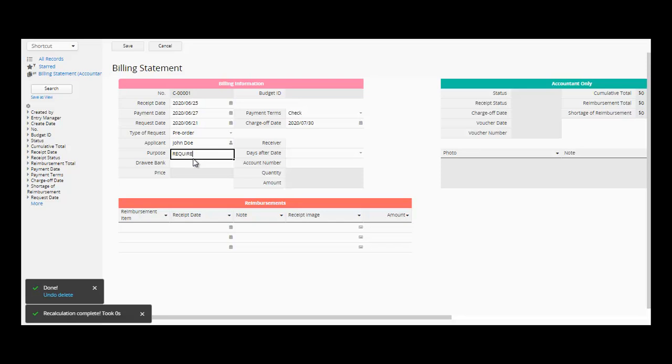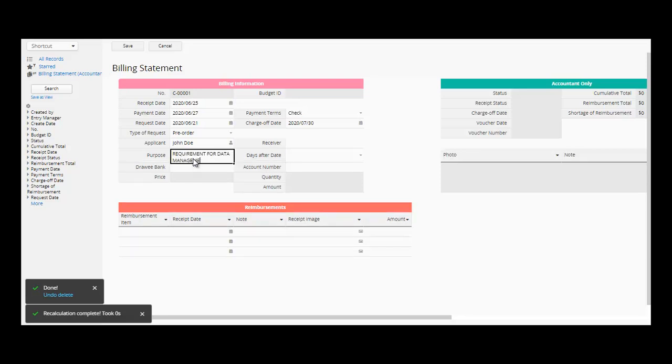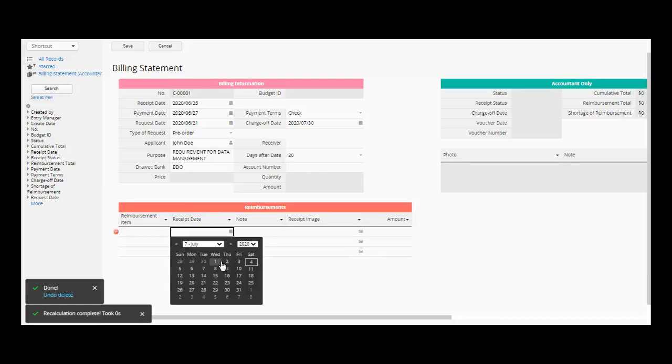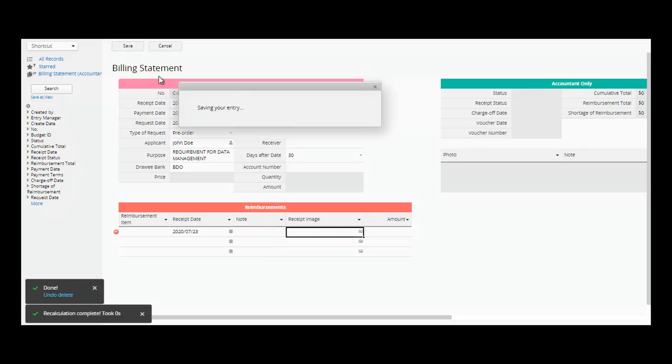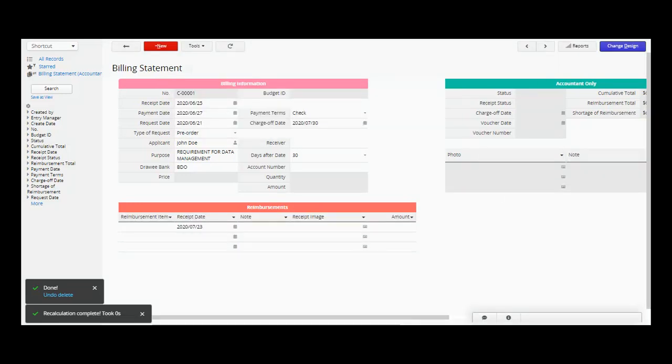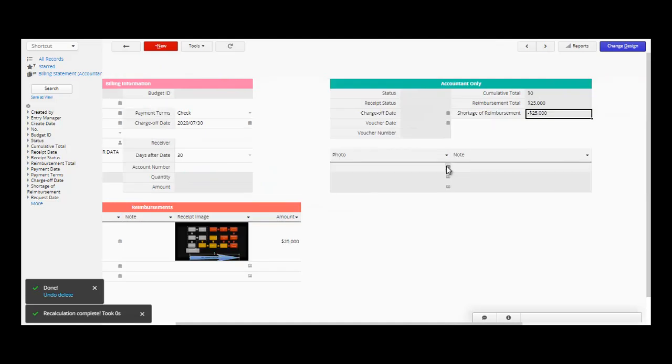requirement for data management. So let's say it's video, just for example, 75,000. Okay, so the date is 30 days. Receipt date should be on the end of the month. Okay, this is where you put on the image for the receipt. Okay, let's try to add. Okay, so